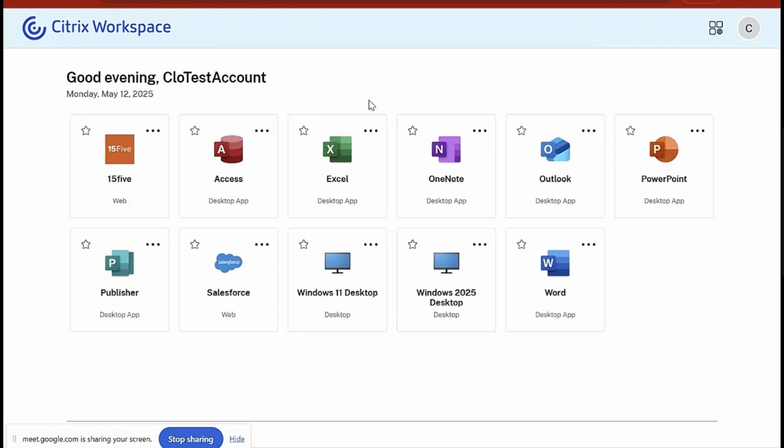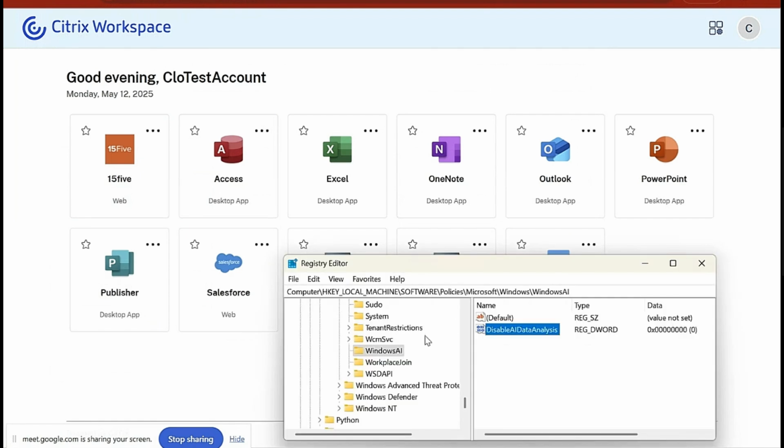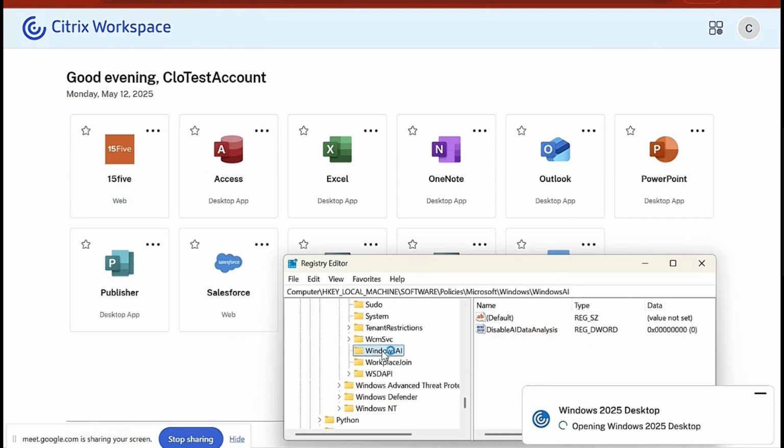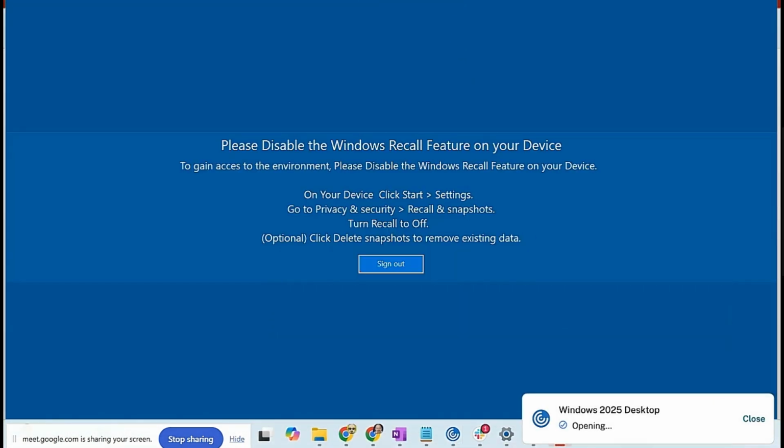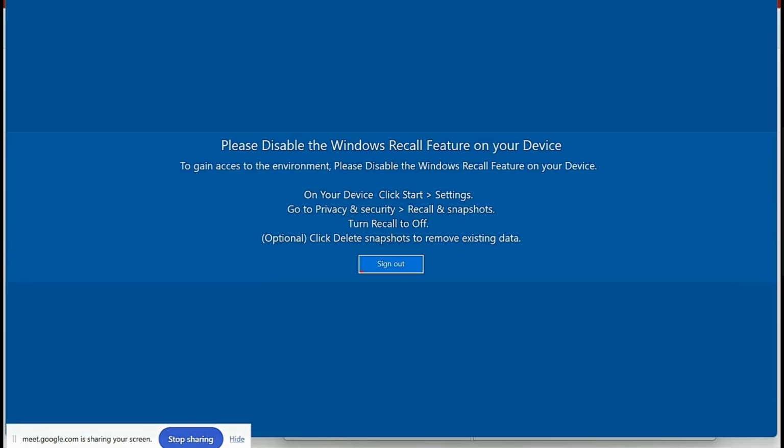And what we're going to do is launch our Windows 2025 desktop. It's important to note that within this desktop, my registry entries for the Windows AI are set to enabled, as you can see, 0. So as my desktop is going to launch, we'll give it a second here. We can see that the system from DeviceTRUST is essentially giving me the message that I've configured to please disable